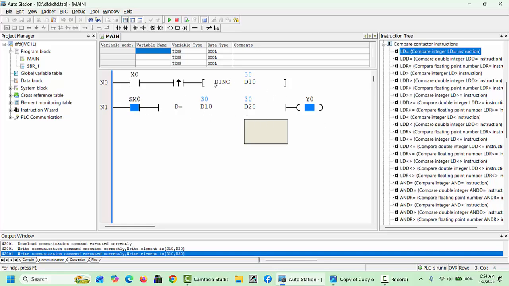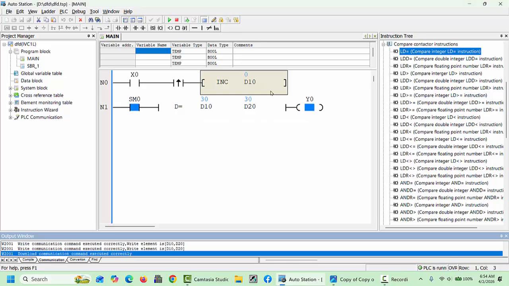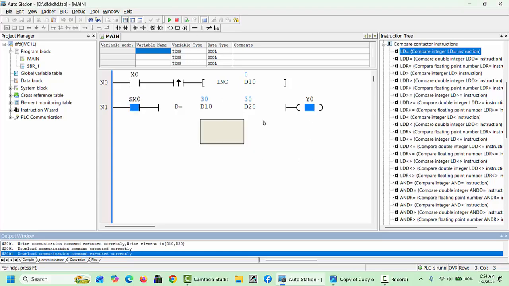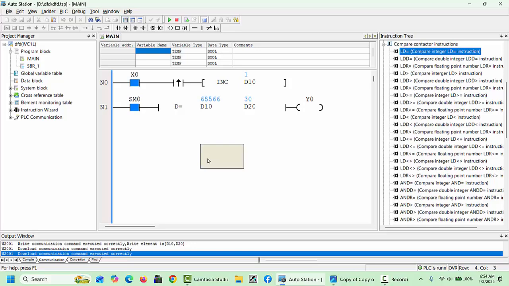But in case you use an integer here and a double integer here, it will also not work. Let's try this one also. We will verify with INC type, and again I will download. What will happen? You can see the value is still ready here, and there is no value here. I already downloaded this program. Again I will download. You can see this value is still here, and if this is INC,